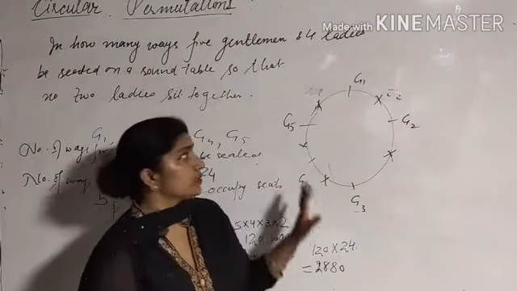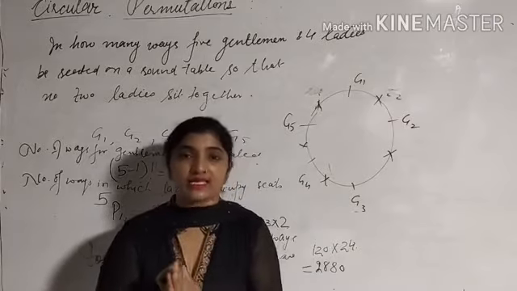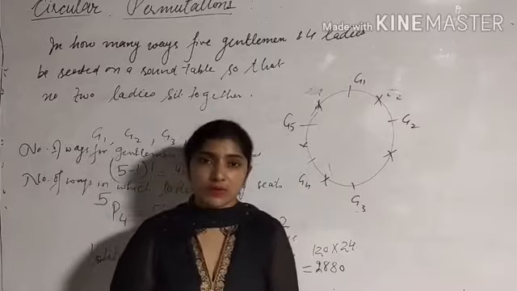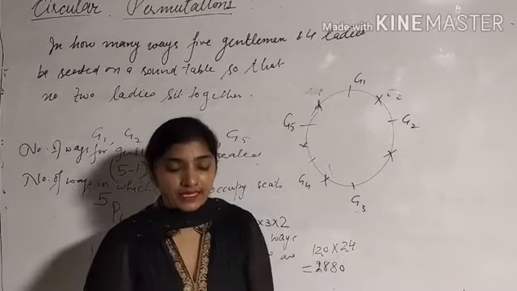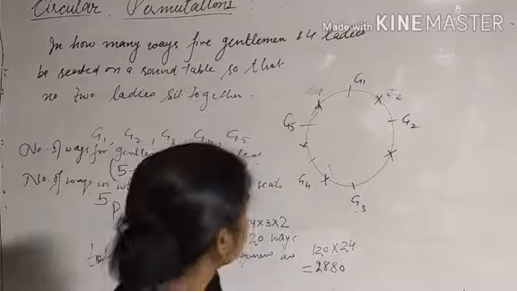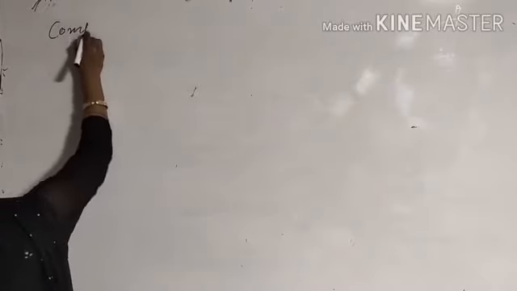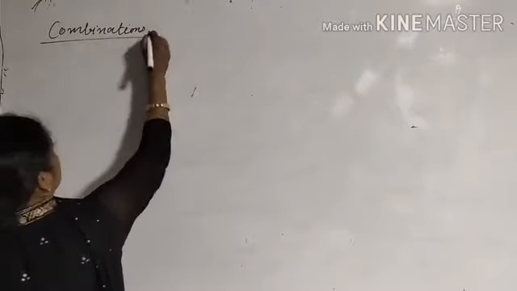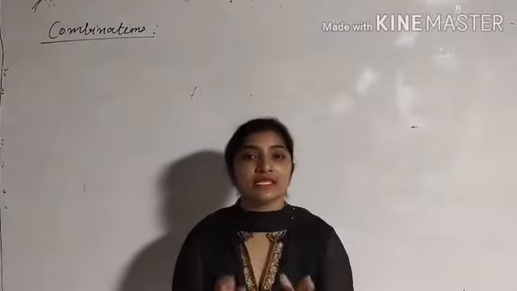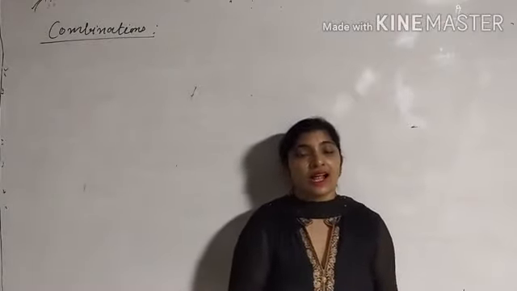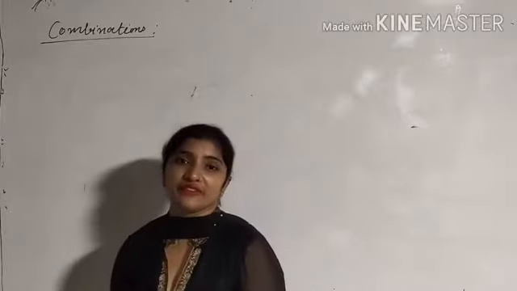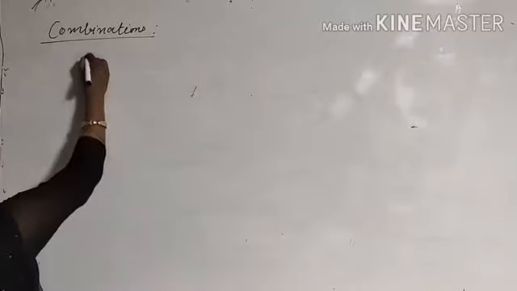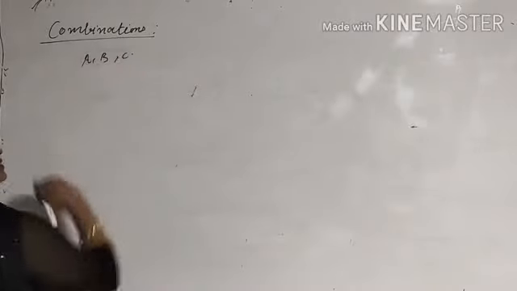So this is all about permutations and circular permutations. You can solve many more problems related to the circular problems as well as permutations. Next topic is combinations. As permutations means different arrangements, combination means making different groups, right? So what is combination? Suppose you have 3 objects and you want to